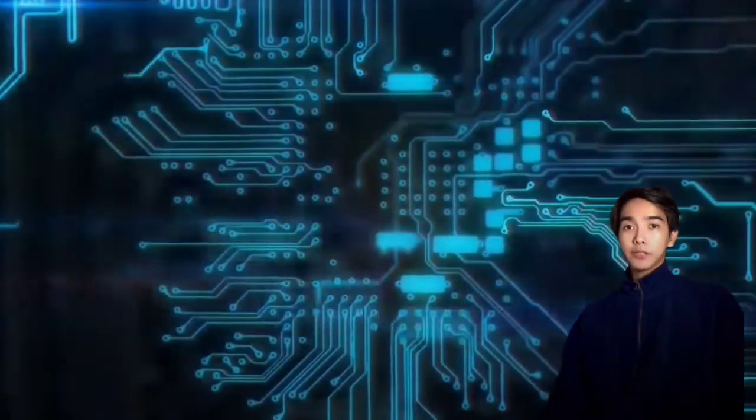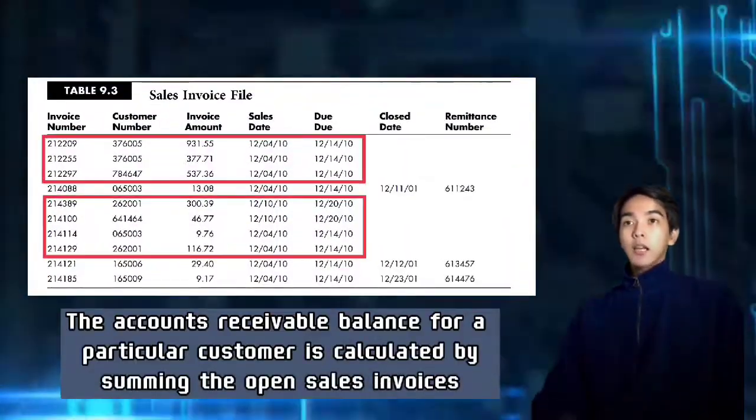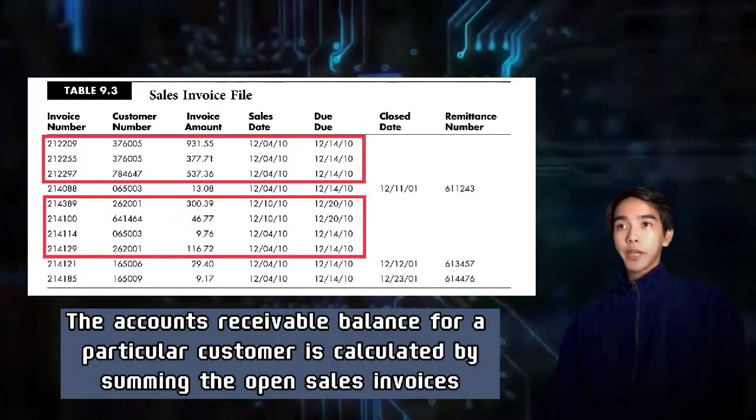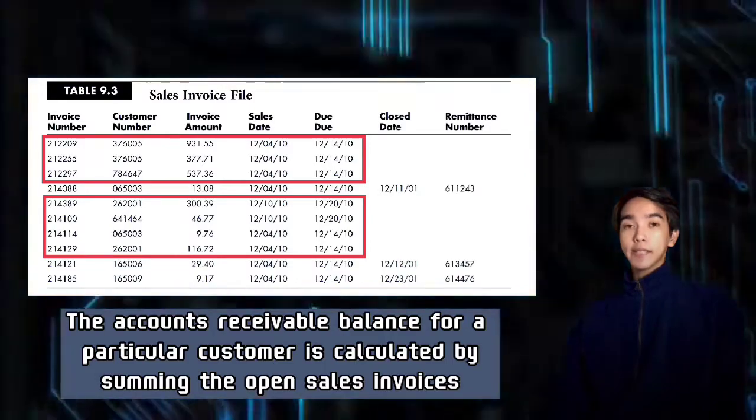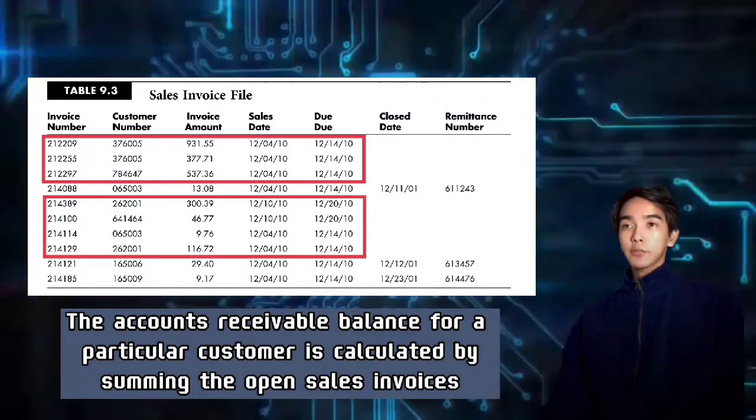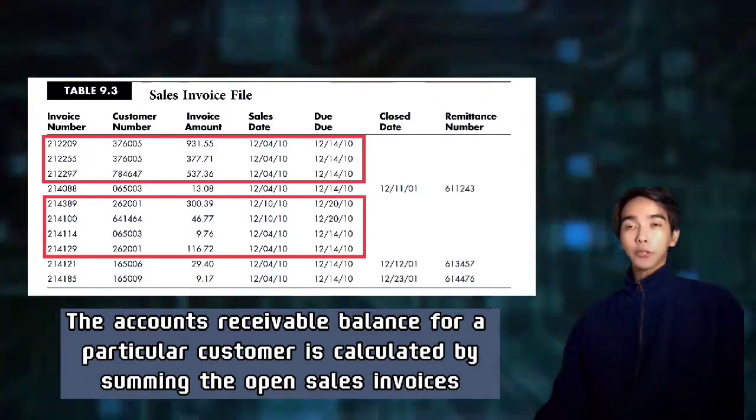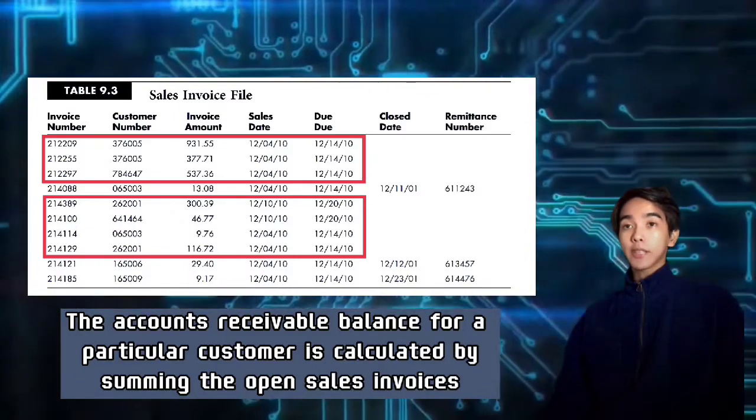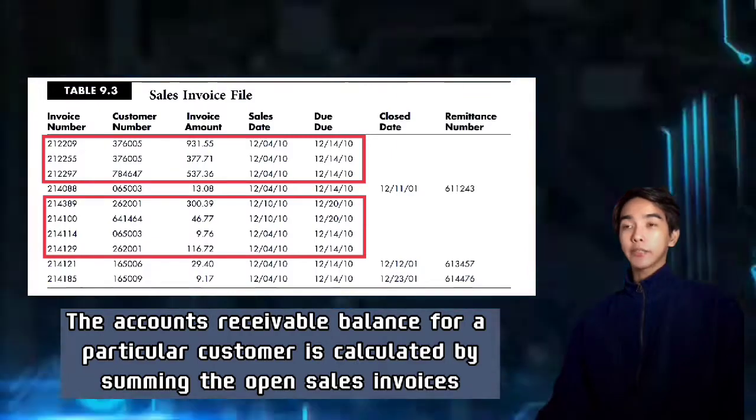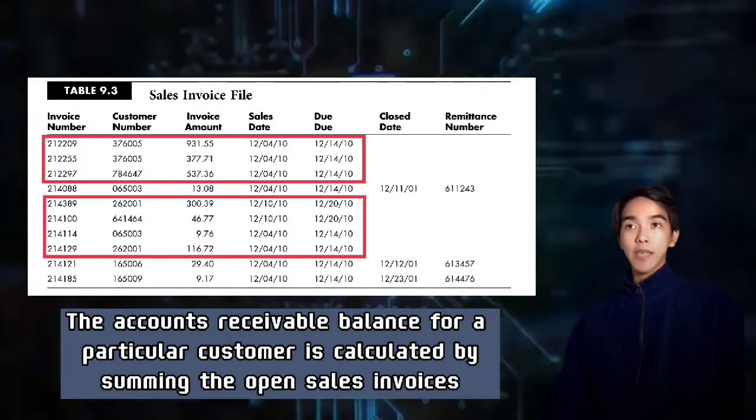Given the file structures used in our example, selecting accounts receivable for confirmation involves processing data that are contained in both the customer and the sales invoice files. Each customer record is associated with one or more sales invoice records. Recall from a previous discussion that the accounts receivable balance for a particular customer is calculated by summing the open